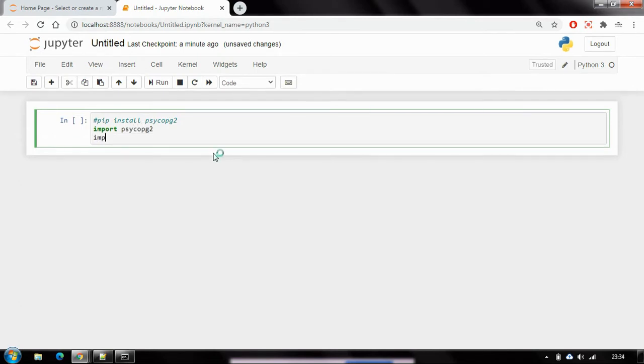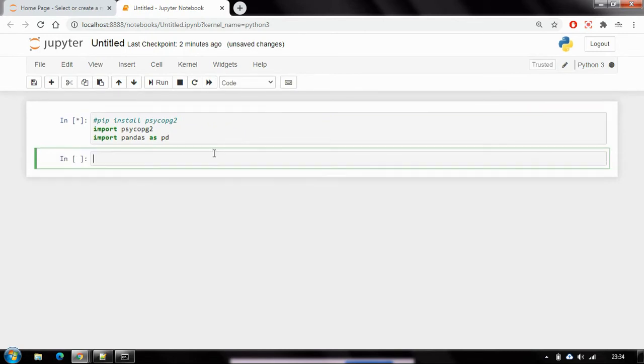And we shall also import pandas so that we can work on the result set that we are querying from the database. Okay, fine. As I said, the first thing we need to do is connect to the database. That is done by creating an object called con. We'll name it con and then we'll call it